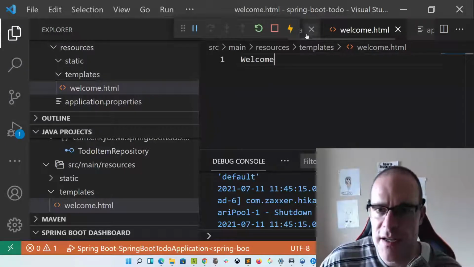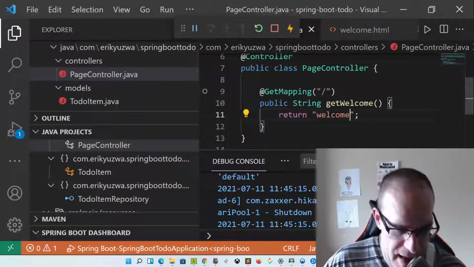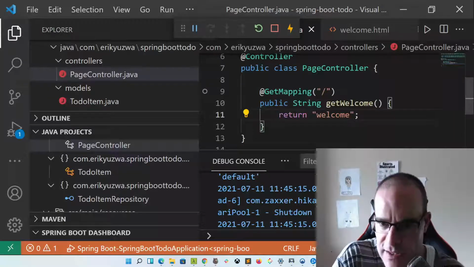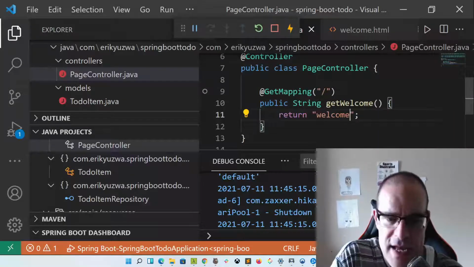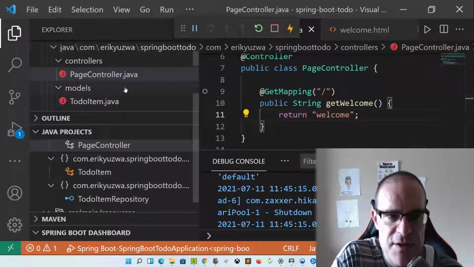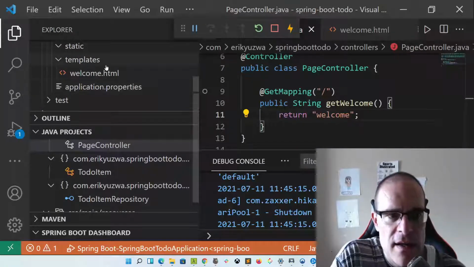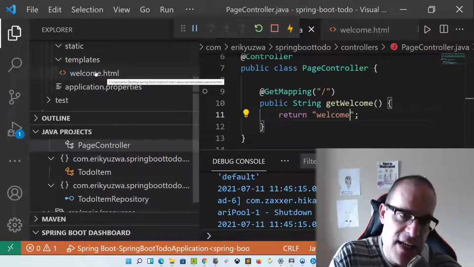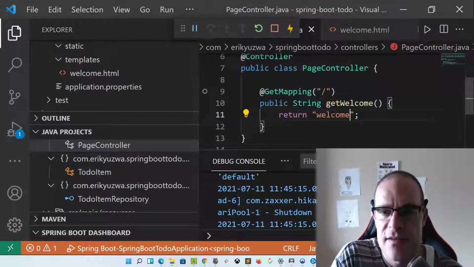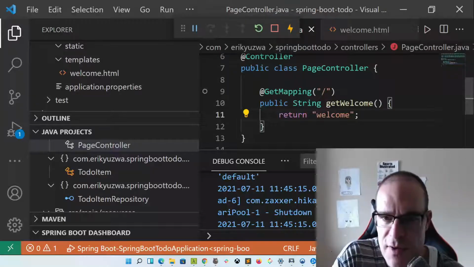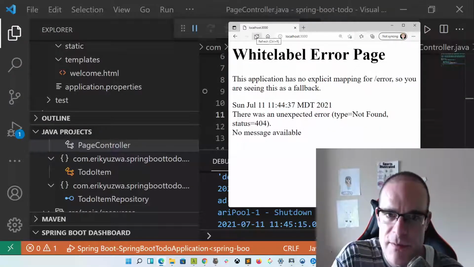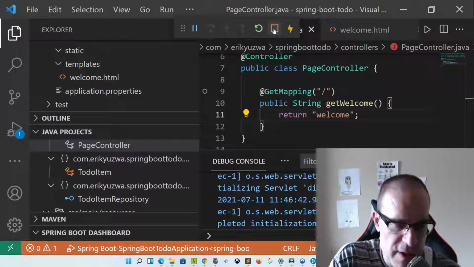Okay, so in our controller, we've got a mapping here, and we're returning a single string, welcome. And the way Spring Boot does some of the resolution is that if you have an HTML file in your templates folder, it'll look for the same name as the one that you're returning from this controller. So that means theoretically, if we restart, so let's go ahead and stop our server,